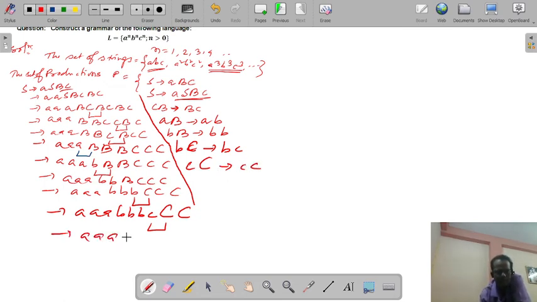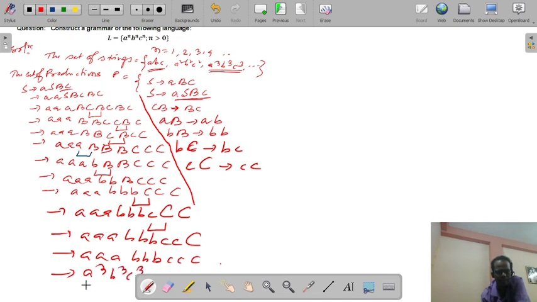This is a, b, b, c. This is c, capital C. Then this will be a. So then c. So in that way we can generate a^n b^n c^n. That's it.